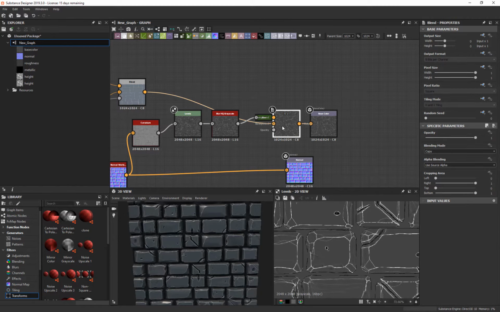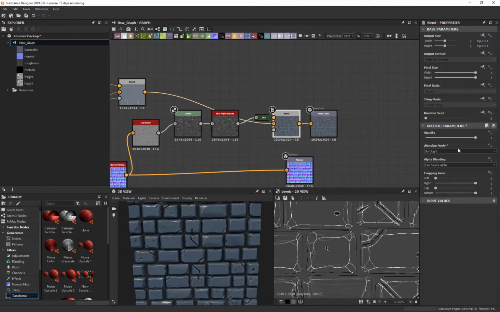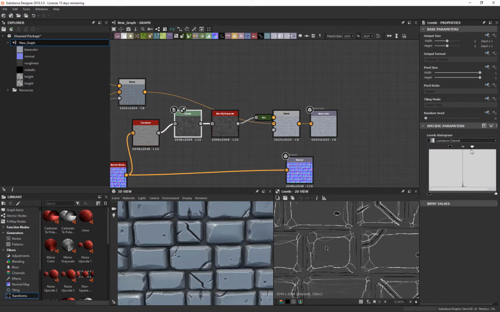So now I've got this overlapping basically my whole texture. Well, I just have to change it like a Photoshop file and change it down to, and I think the one that I liked the best was screen. Okay, because screen shows me this, and then I get to go back and mess with the other stuff. So I'm going to come back here and really,